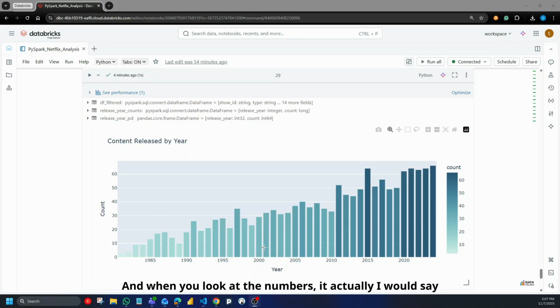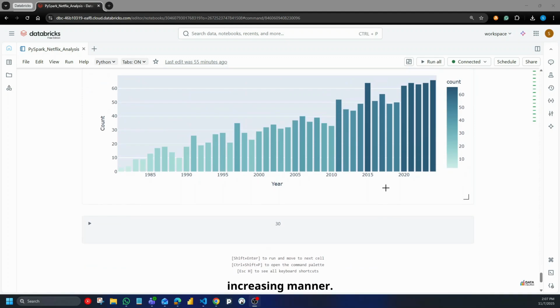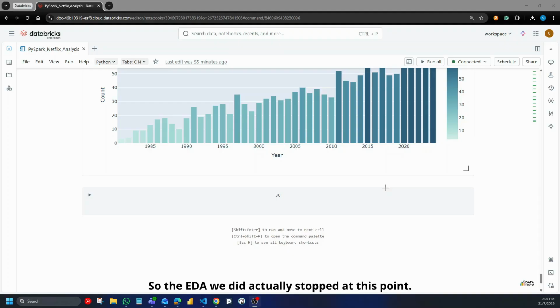When you look at the numbers, I would say it's very similar to the real data set, where by year we know it's increasing, even though there is a bit of change in number. In 2015 the number was higher, and in 2016 it reduced a little bit. That happens, but otherwise the trend is increasing. Okay, so the EDA we did stopped at this point,